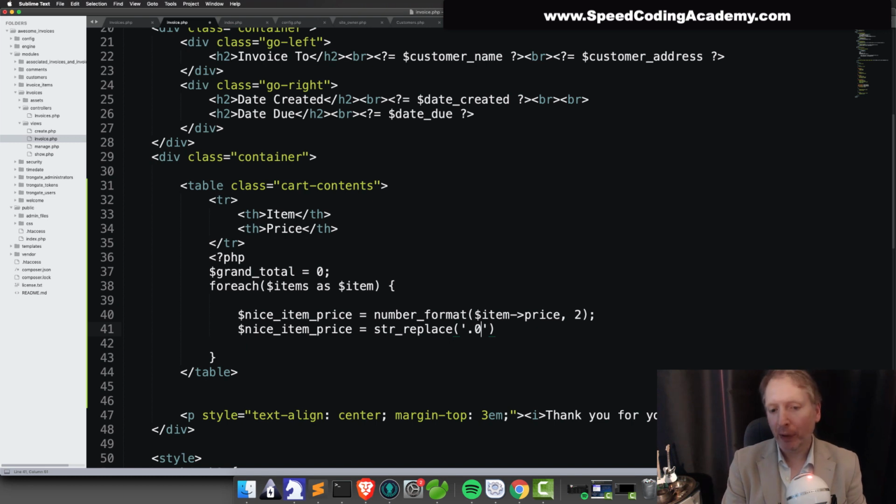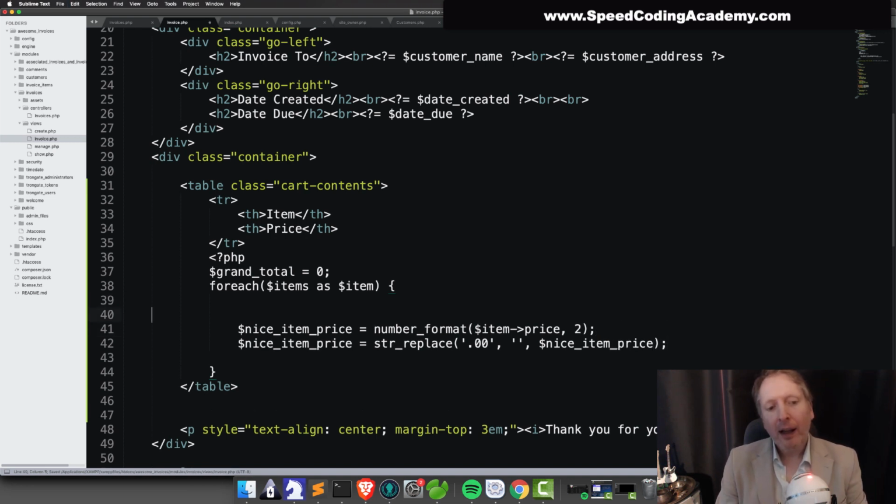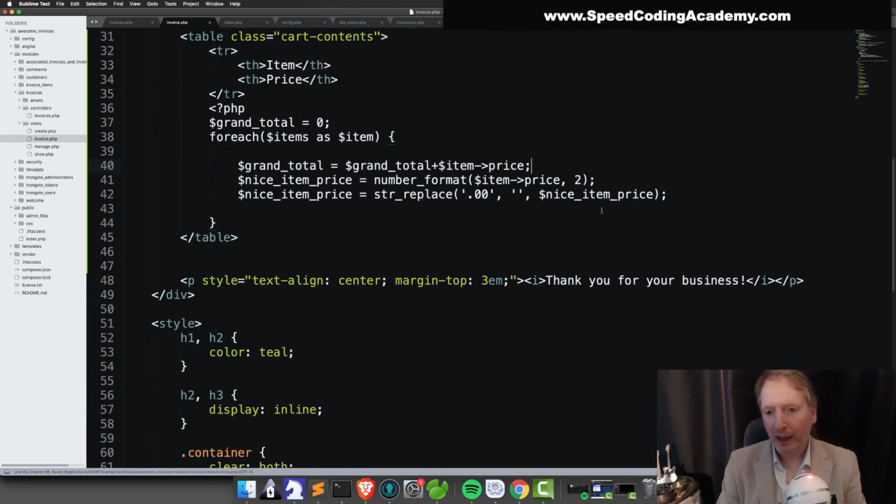I'm going to get rid of 0.00, replace it with an empty string, and that will be on nice item price. Then I'm going to say that the grand total equals the grand total plus the item loading up the price. And indeed,